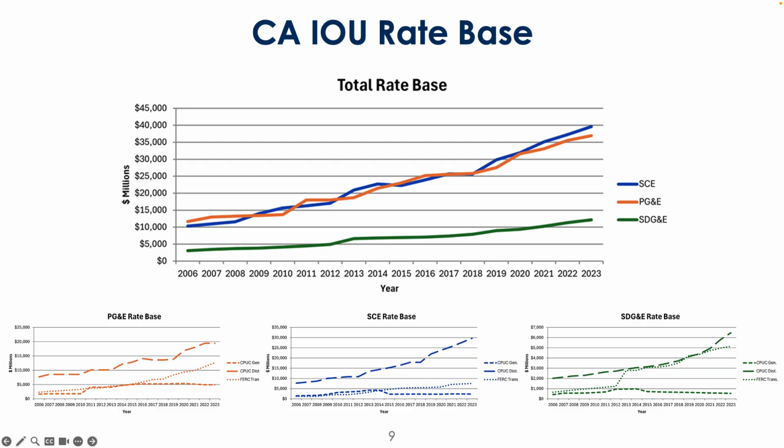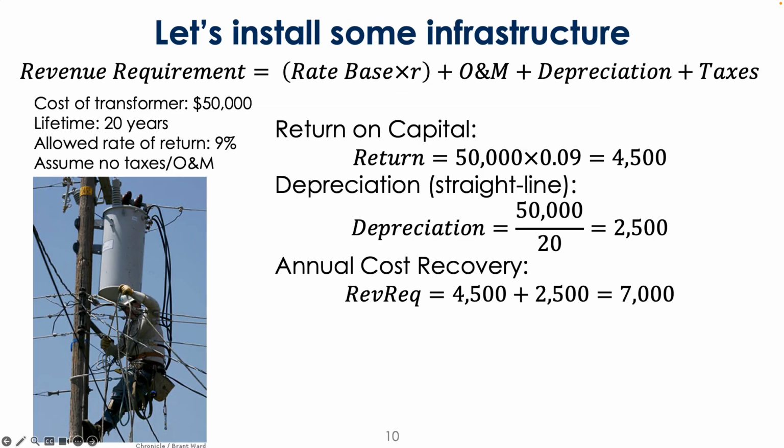We could get the CEO of ECI to come talk about rate setting in a lot more detail if you want. But okay, let's move on and talk about